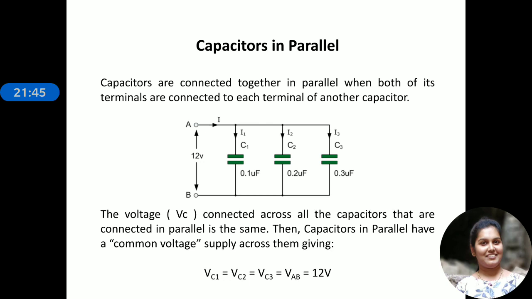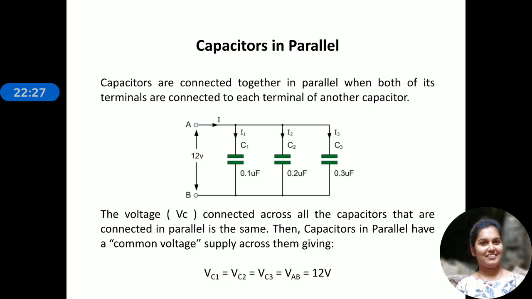Since we know that capacitance C is related to area, C is equal to epsilon A by D, this is the capacitance expression we know, right? So C is related to plate area. The capacitance value of the combination will also increase. Then the total capacitance of capacitors connected together in parallel is calculated by adding the plate areas together. In other words, the total capacitance is equal to the sum of all the individual capacitances in parallel.